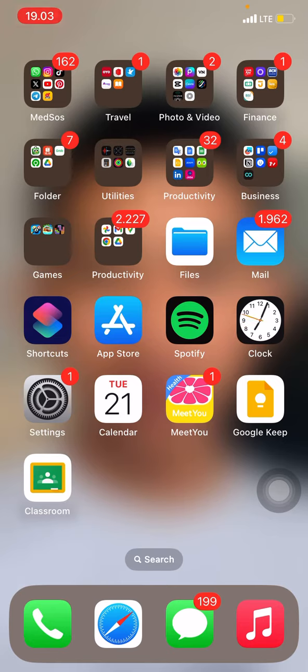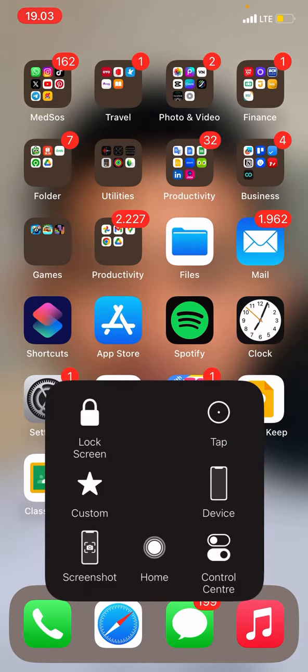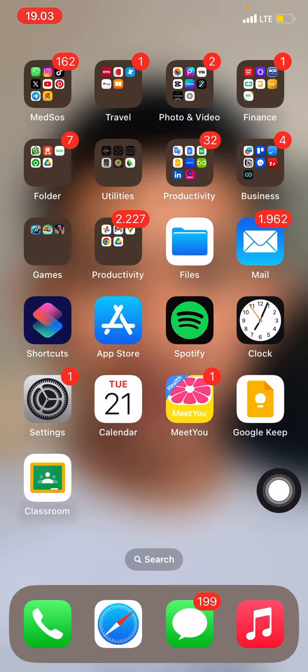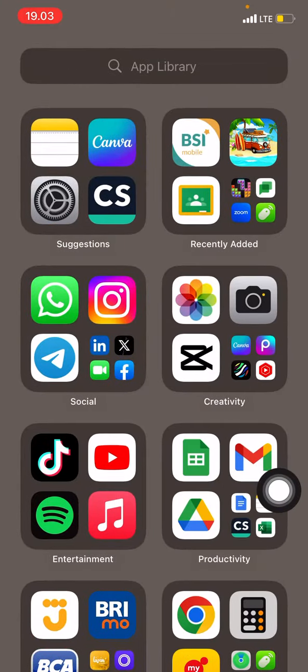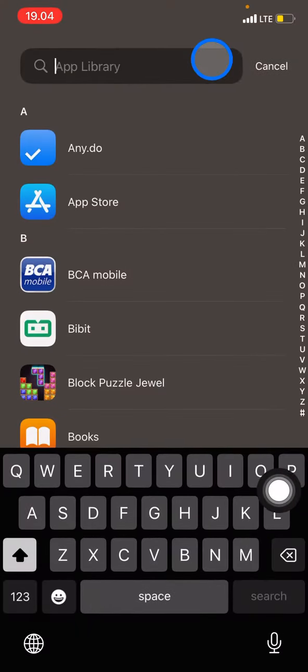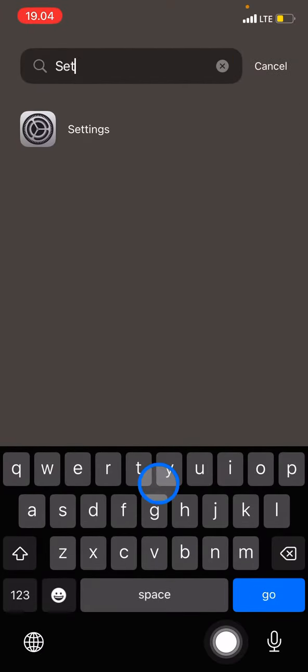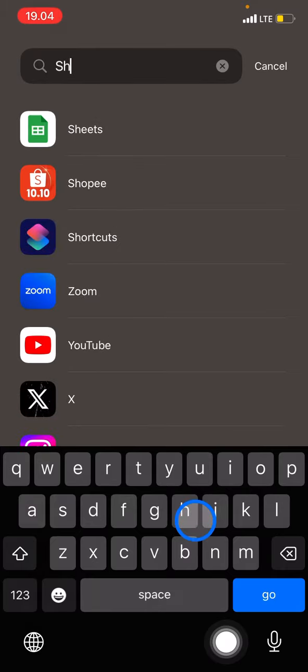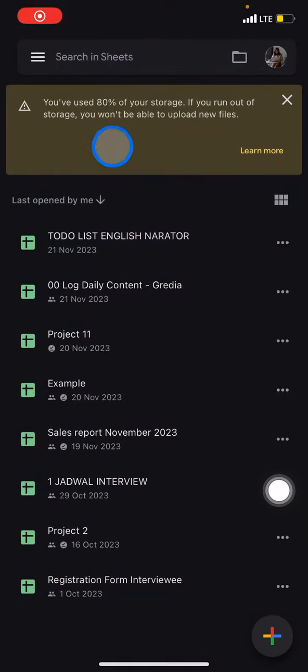So the first thing you have to do now is go open the Google Sheets application. If you cannot find the Google Sheets application on your home screen, you just need to slide your home screen to the left side until you find the App Library. You just need to type Sheets here. Wait a moment until you find it, then click it, and here you have already opened Google